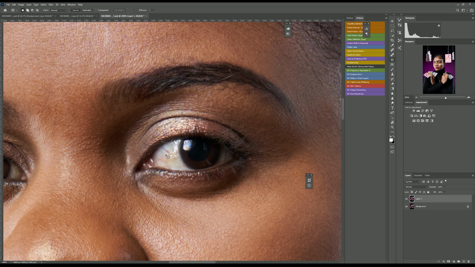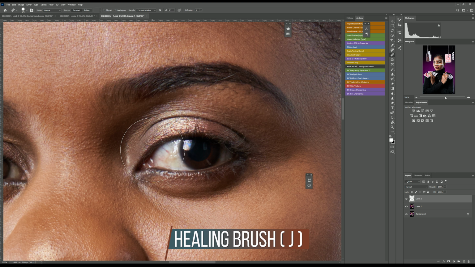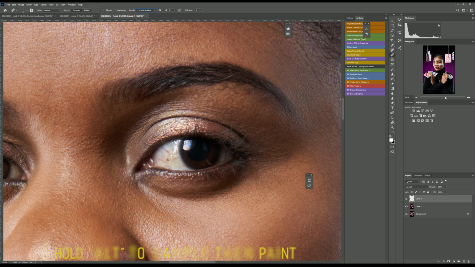So I want to remove this vein here. So I'll make a new layer here, and then I'll select the healing brush. And then I'll make the brush just a little bit smaller. The sample here, I'll change it to current and below. I want to sample this part, and then